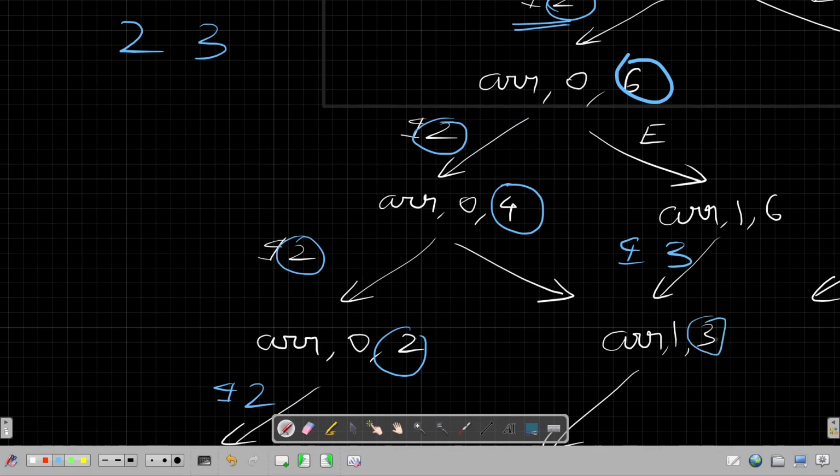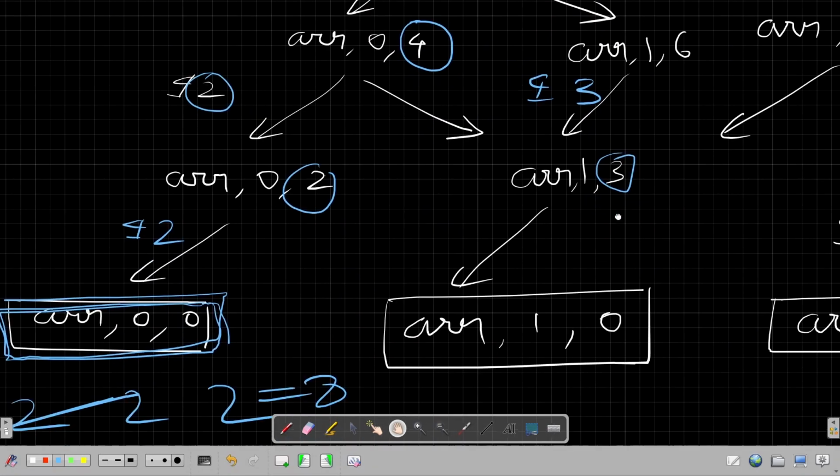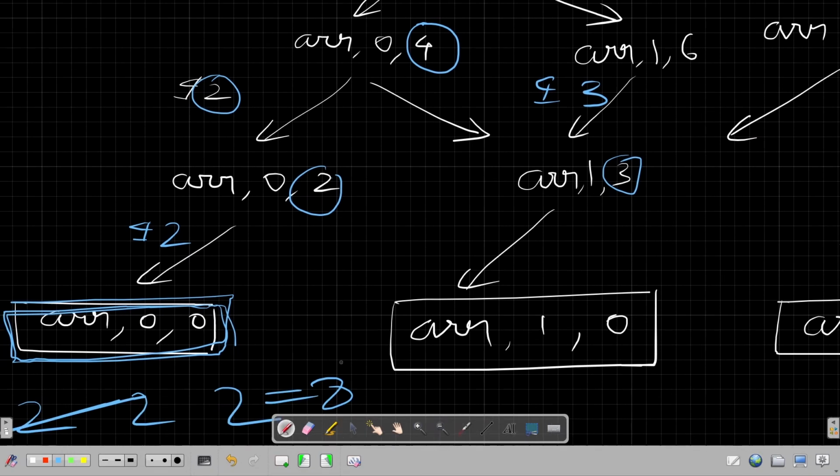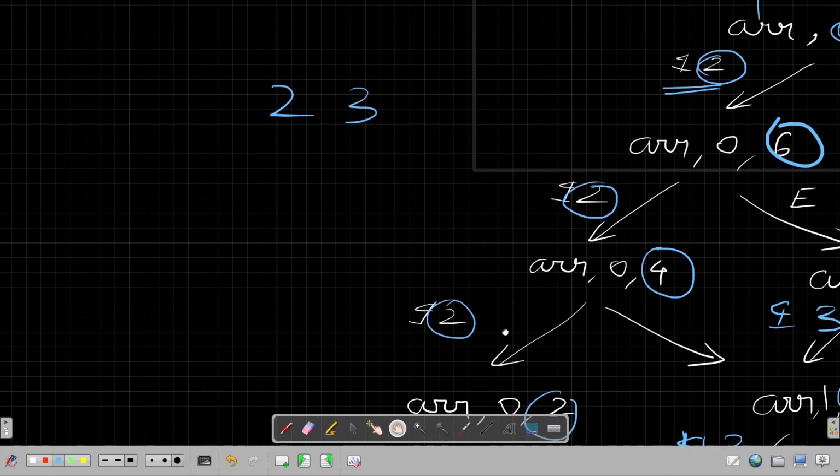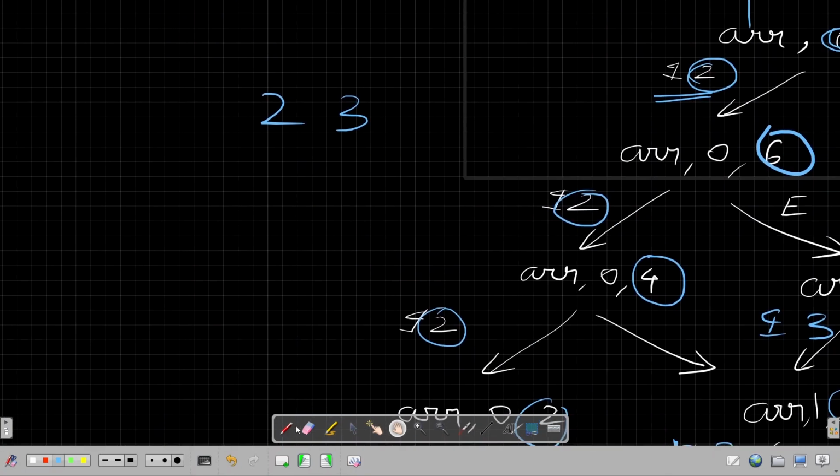So my target is 3 now. So again, I can include 3. When you include 3, the final target is 0 now. So this is again a valid combination, which is 2, 3, 3. This also results in 8.